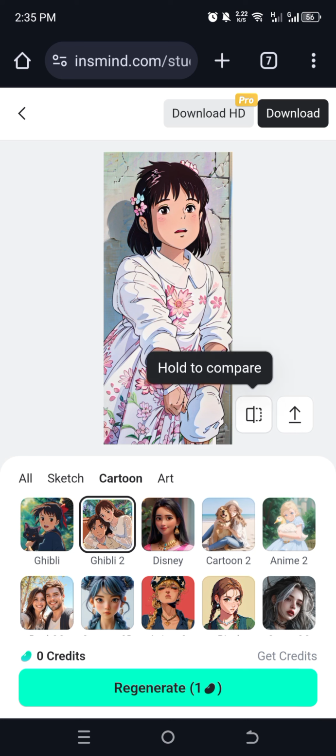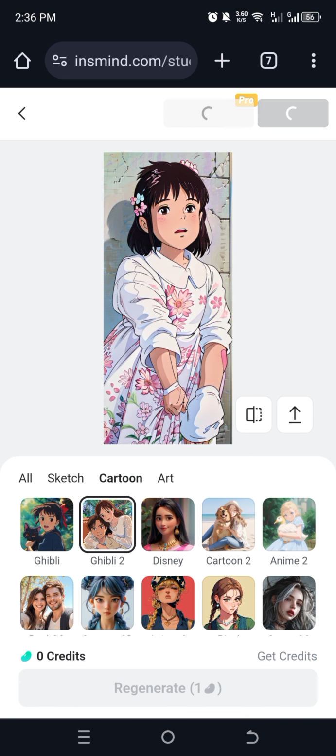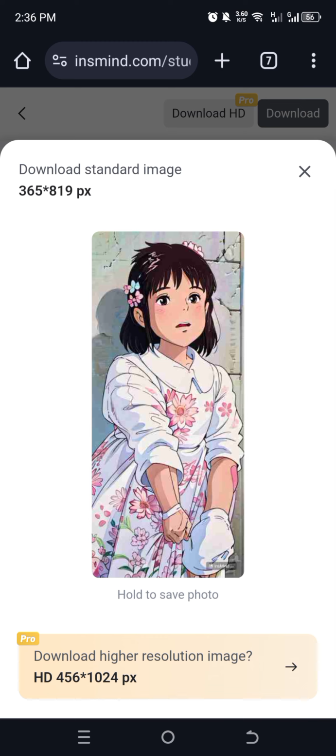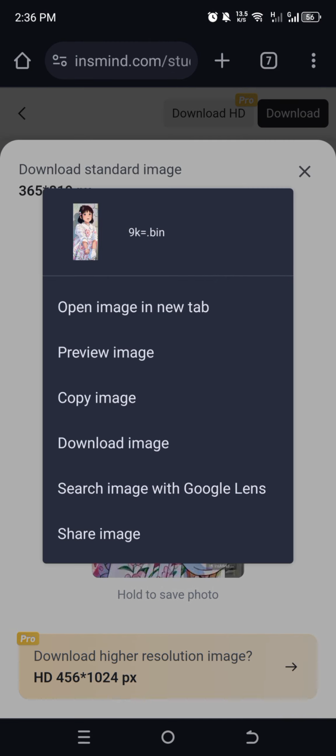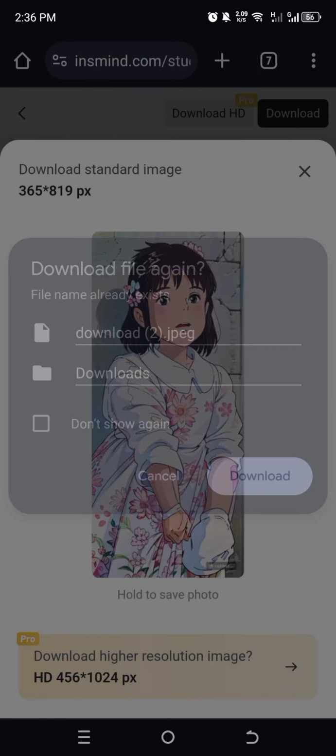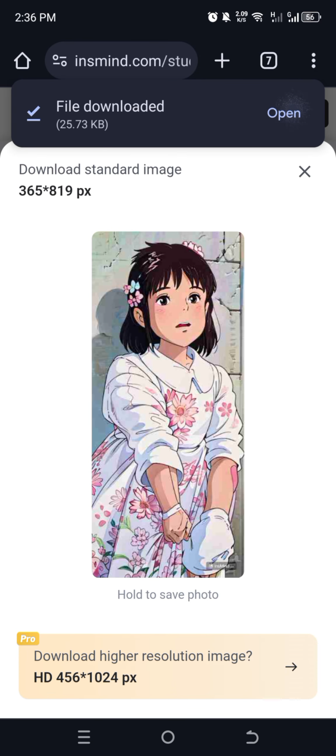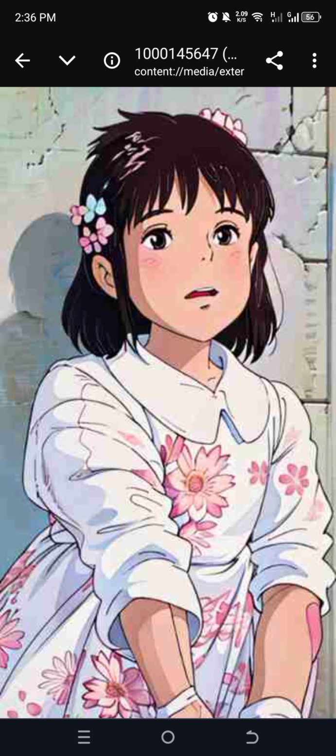So you can see that is finally being created, and it's pretty good. So I can compare with this one, and you can see it's very pretty well done. So here is the download option. Click download, and you can see we just hold on the image and download image. So our image has been downloaded. Let's click open, and that's